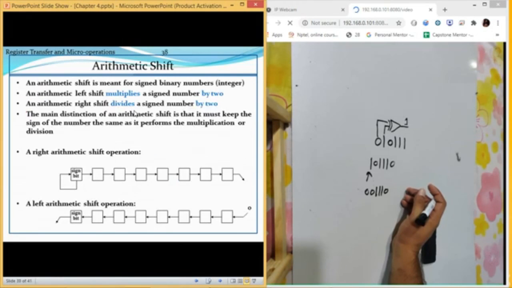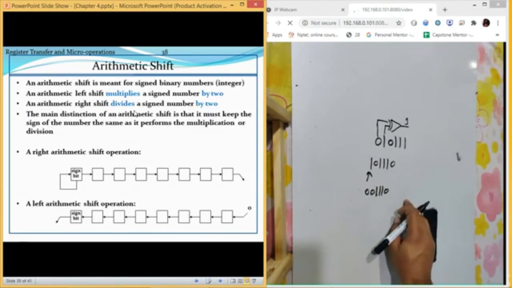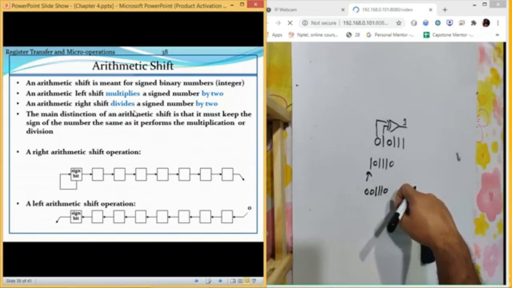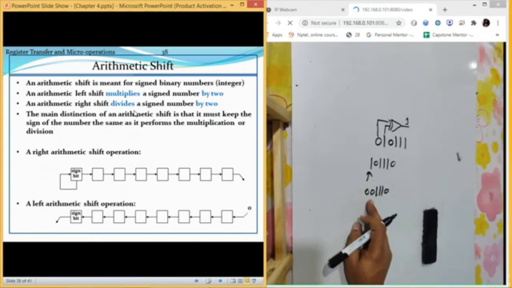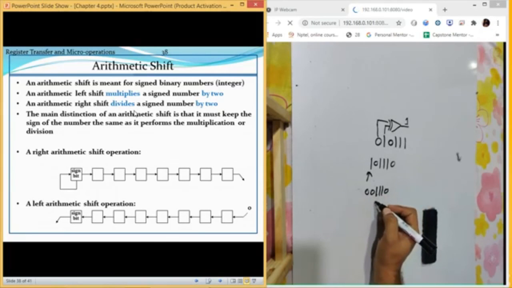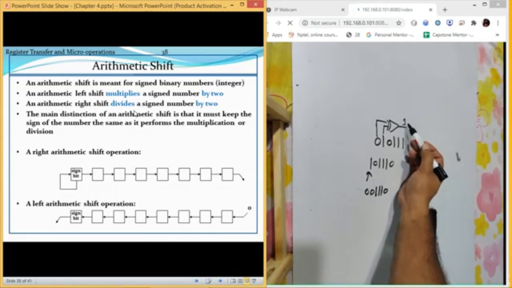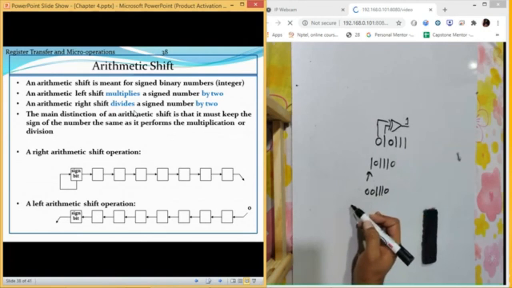What we were supposed to achieve is that if we are shifting the data towards the left side, then it should multiply the value by 2. But if we perform this operation with overflow, we still are not going to get the resultant, because the number of bits which we are having is limited.